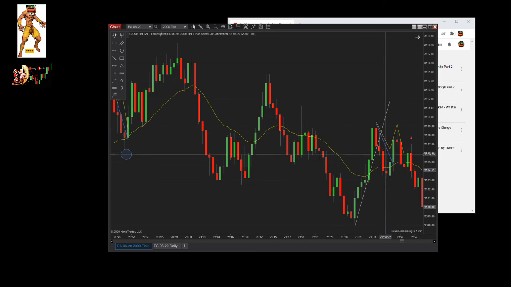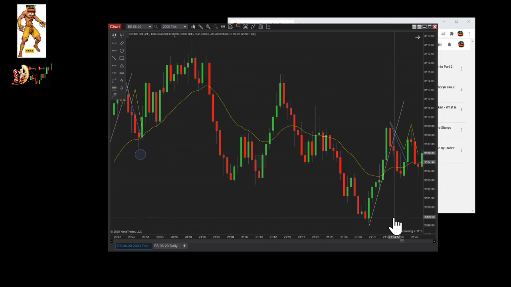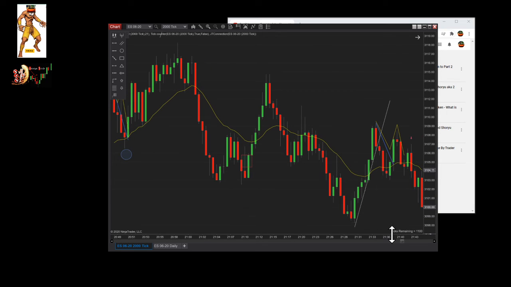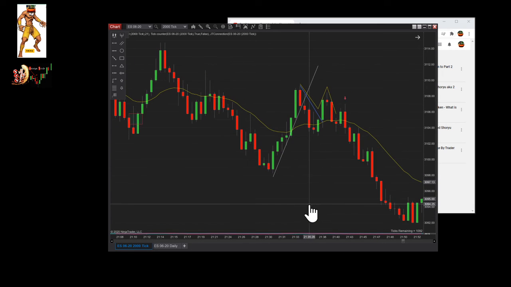Okay, so it goes down, and your entry point is over here. So you place your buy stop and you would have your 1 point scalp, okay? But again, normally you shouldn't go over here because your candle is below the EMA. But anyway, you can take this if you follow the rules. It's tradable, right?